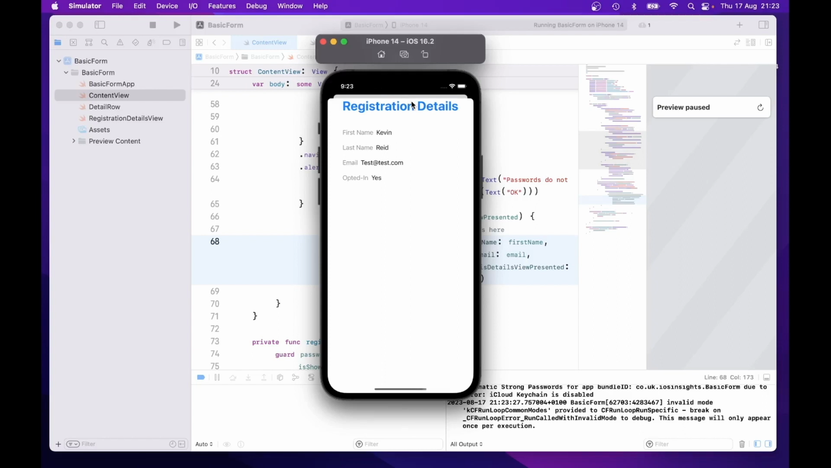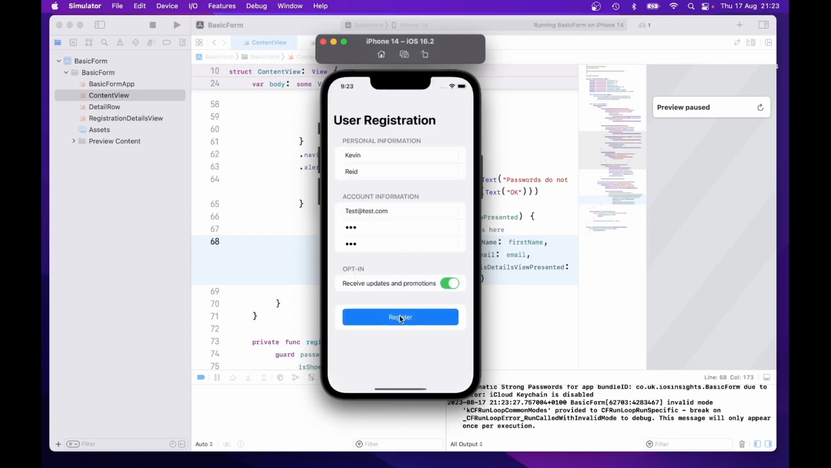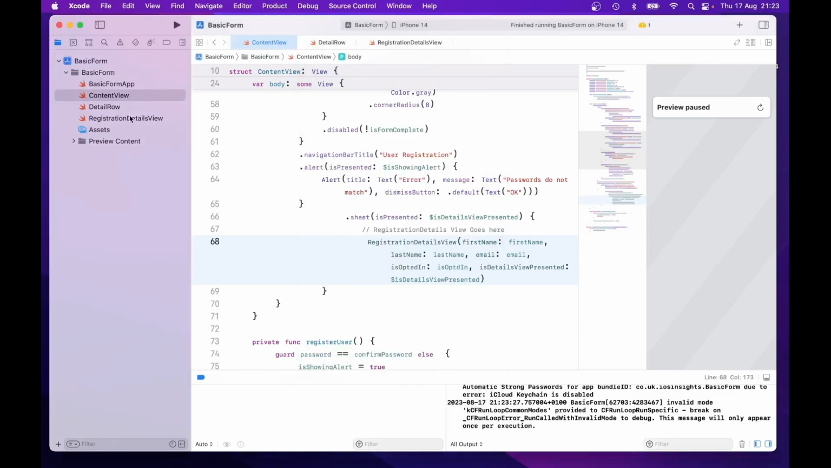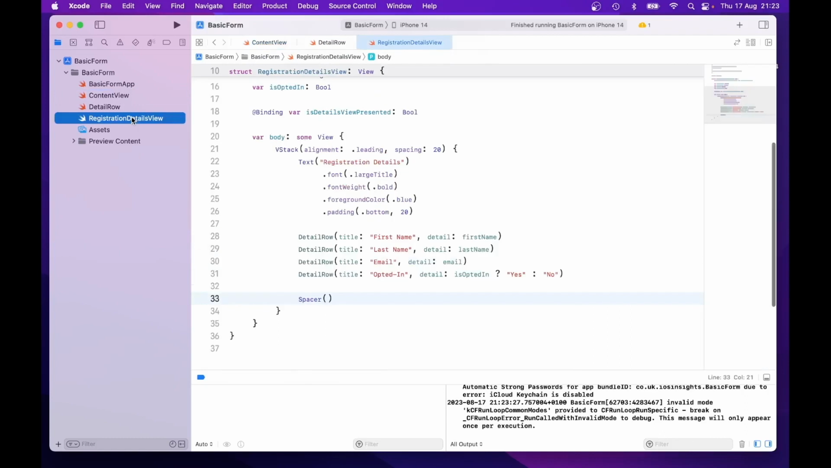And you can dismiss the view just by dragging it down at the moment. The next thing we'll do within the registration details view is to add the dismiss button so the user doesn't have to drag it from the top of the screen to dismiss the registration details view. So after the spacer, after line 33, enter